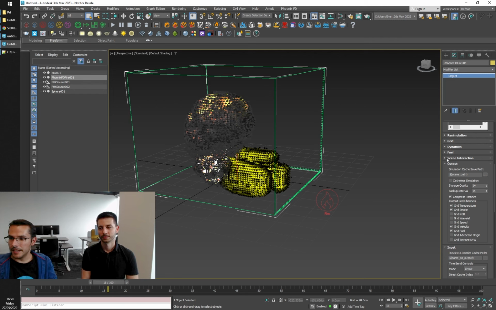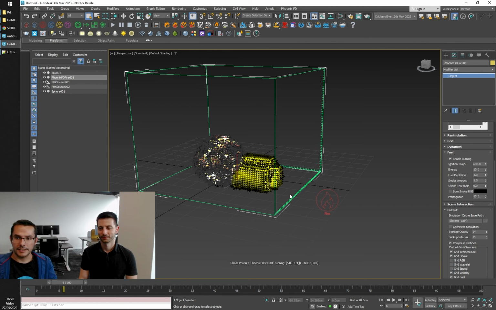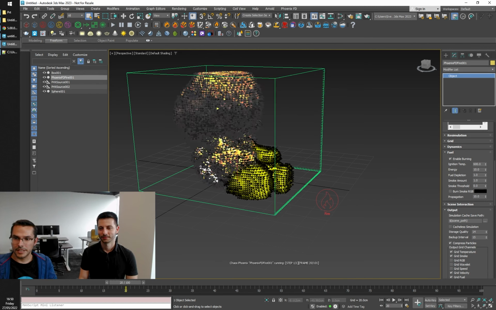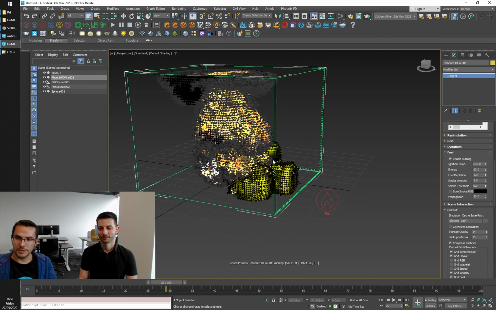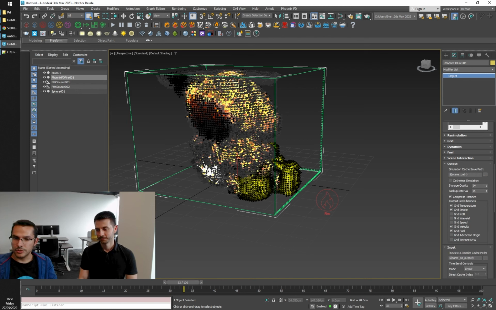And if I enable burning, this fuel should ignite. Here it is. You can see that the flames slowly start to grow over the fuel and it starts igniting. And the new option that we added is right here, Burn Smoke RGB. So if you choose to emit